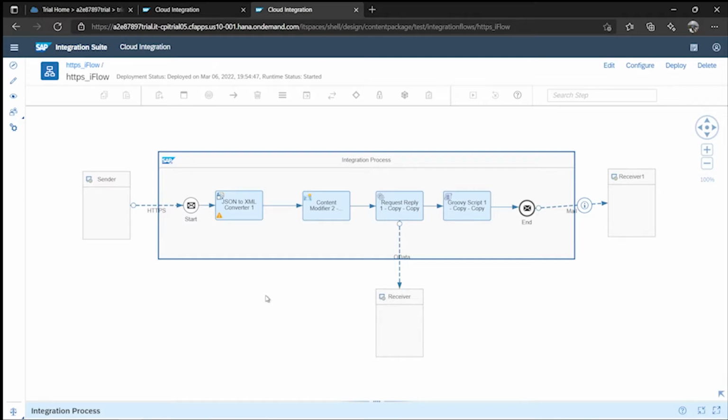Suppose any exception or any error happens in your integration flow during runtime, it will fail. If you don't want it to fail, and you want to get a notification of your exception, you have to add an exception sub process. After that, we will create a global exception handling scenario, and we will use a process direct adapter, and using that we will get the email notification of